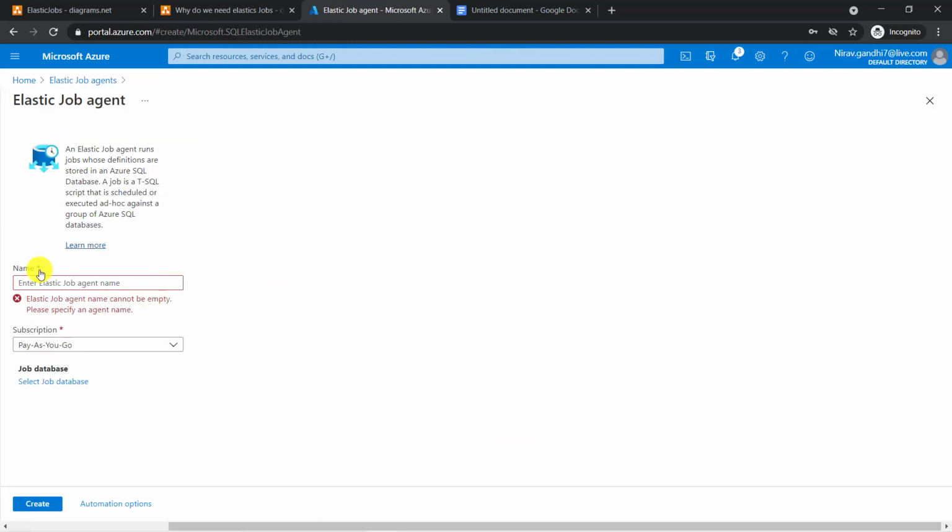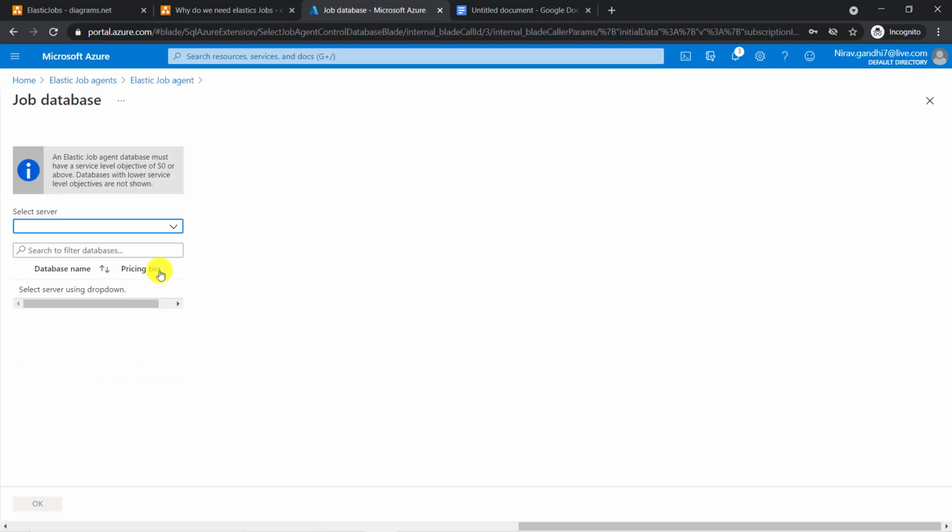Give the Elastic Job Agent name. I will give the name Job Agent. The subscription is pay as you go, and select the database. Here I am going to select my server name, job server demo, and inside that